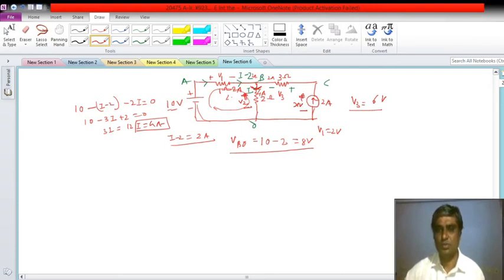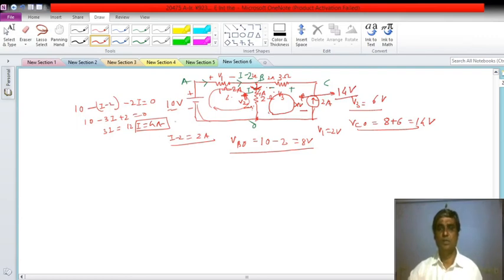So in order to find out, let me consider this loop. I'll go from O and reach C, so VCO will be. From this to this, how much is the voltage? V2 is, this much is how much? 8 volt, right? So 8, and from this to this again it is rising, so voltage rise here, so this is how much? 6. So VCO will be 14 volts. Okay, if you do it again, obviously it will satisfy the KVL.